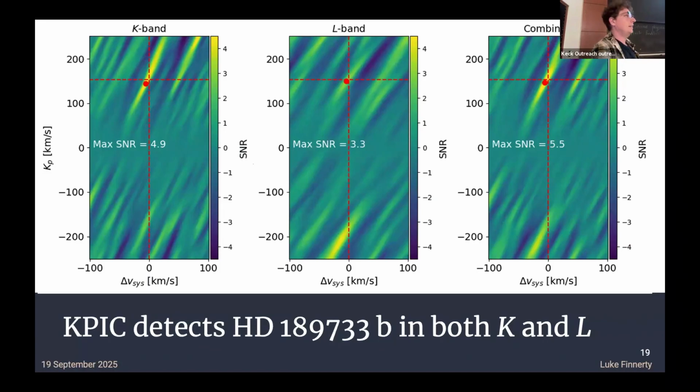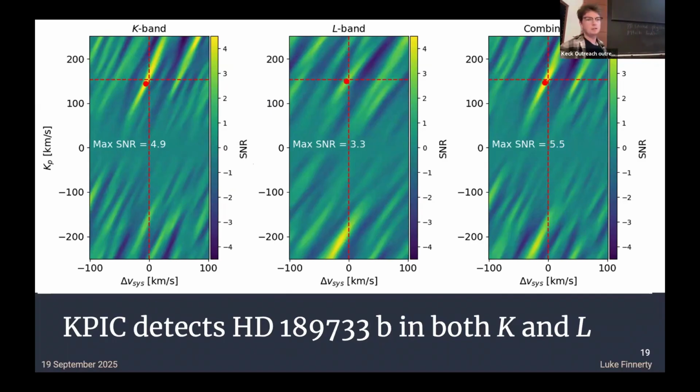And finally, I just want to highlight that this mode is actually quite robust now. So this is HD 189733b. We had a previous K-band epoch last week. On September 10th, we observed in L-band, and we already have a weak detection. I was hoping the retrievals would be done, but I actually only just got the email that the cluster finished. So this is just based on the test model I had, but we get this nice boost when we combine the K and L band data. And we can do this with the data reduction pipeline that we have already without having to do bespoke